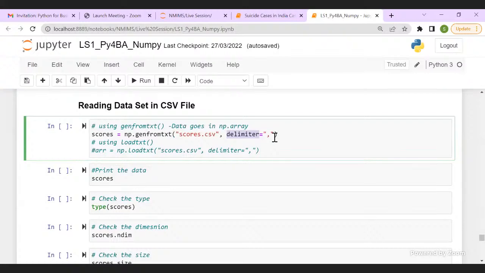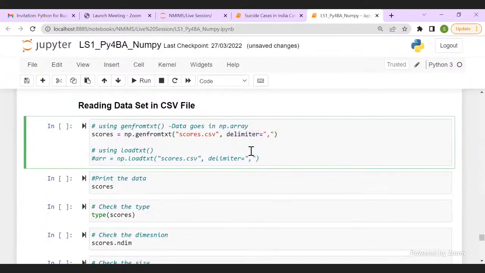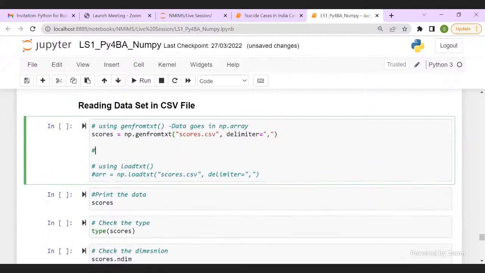Now both commands look the same, right? Both the code looks the same. But genfromtxt is better at handling missing data. It has an option called filling values. I'm not displaying the code for it, but if you want to check it out, you can.